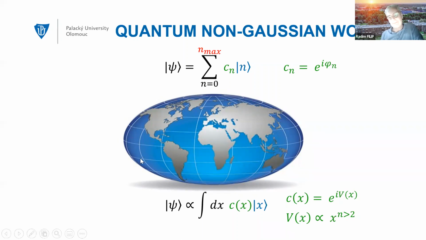It means the non-Gaussian world is actually quite rich, and we are somewhere maybe around here,